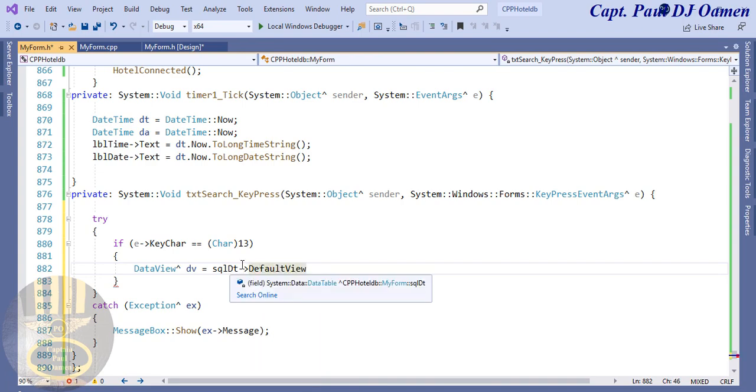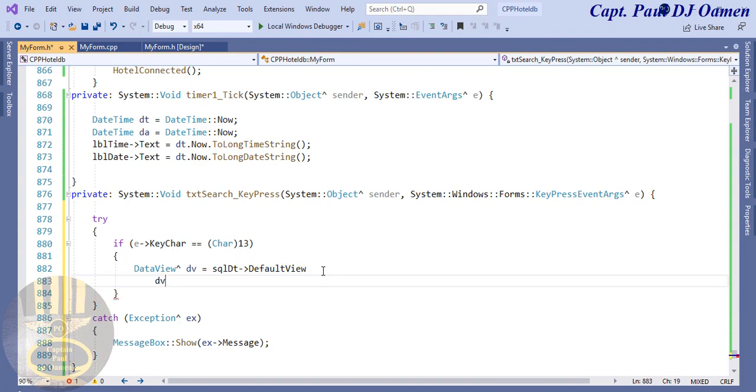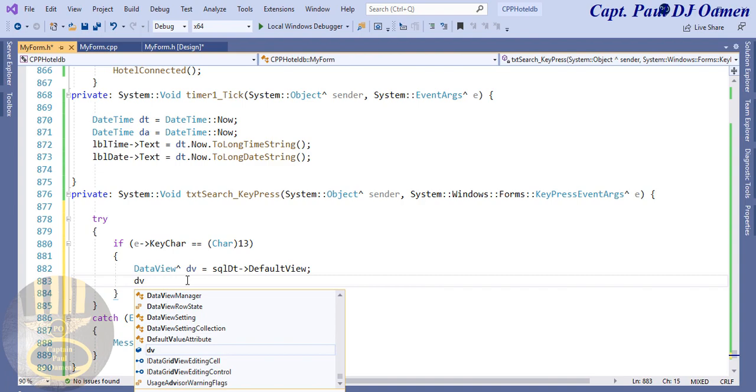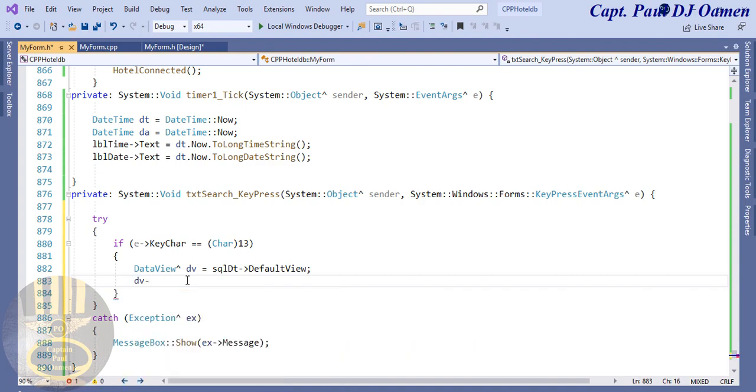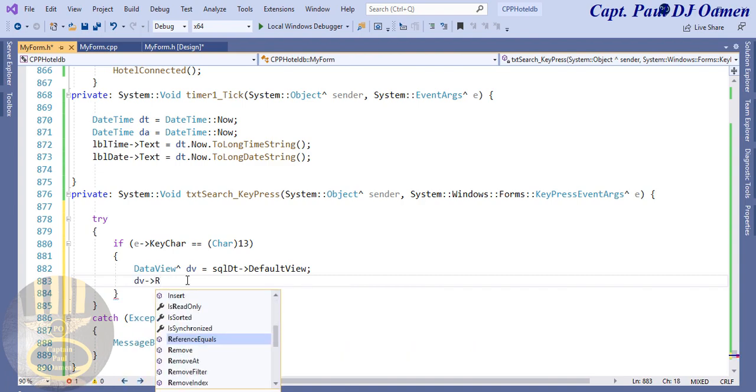So the content on the data table is going to be the default one, so we say dv dot RowFilter. Let's do that again. This one should have semicolon. Try this again. dv dot RowFilter,